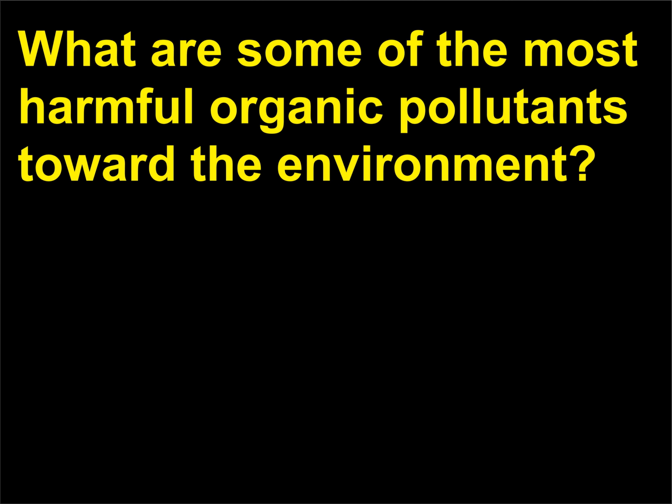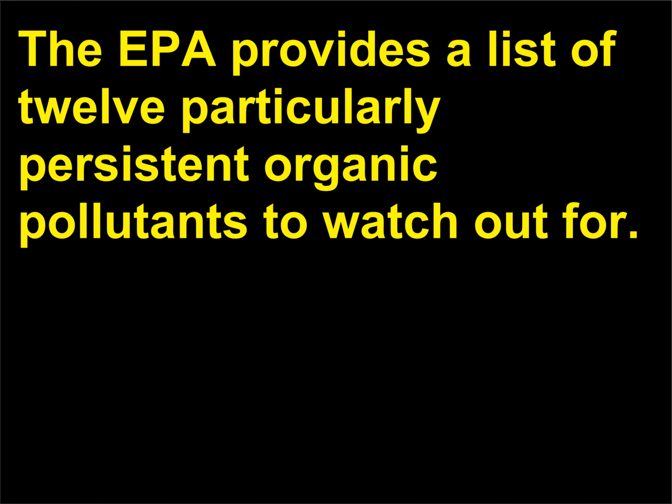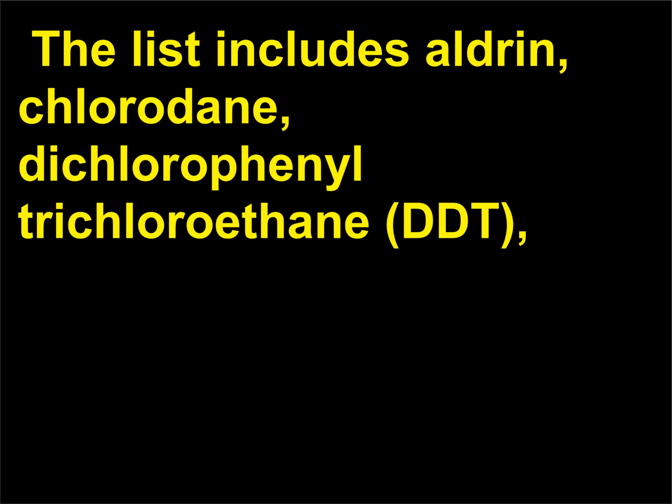What are some of the most harmful organic pollutants toward the environment? The EPA provides a list of 12 particularly persistent organic pollutants to watch out for. The list includes aldrin, chlordane, dichlorodiphenyltrichloroethane, DDT,